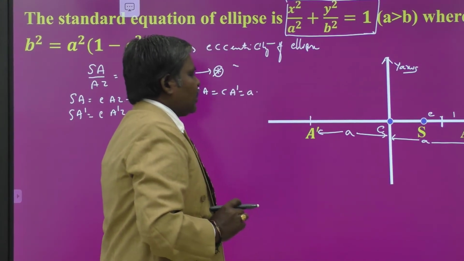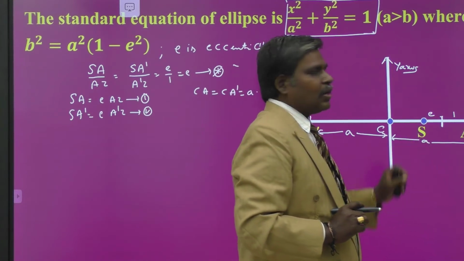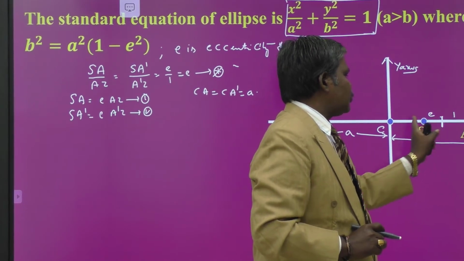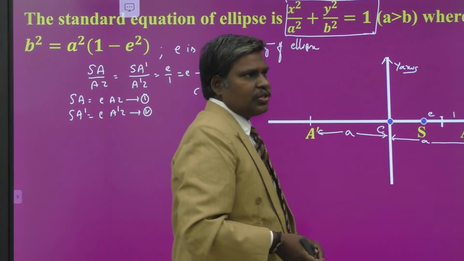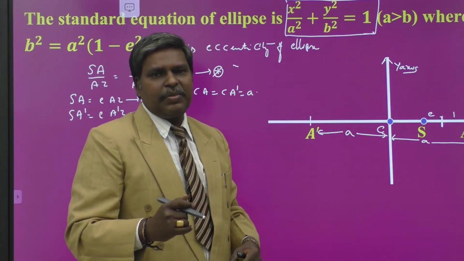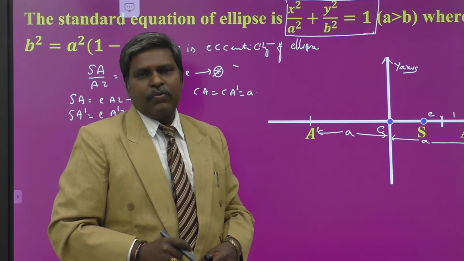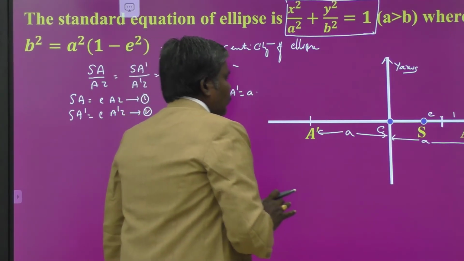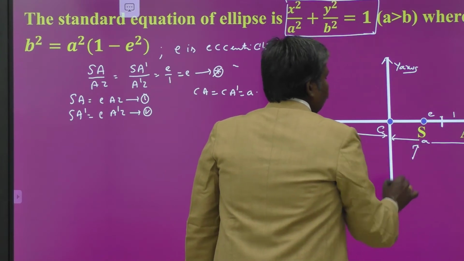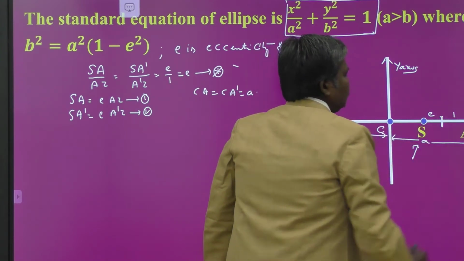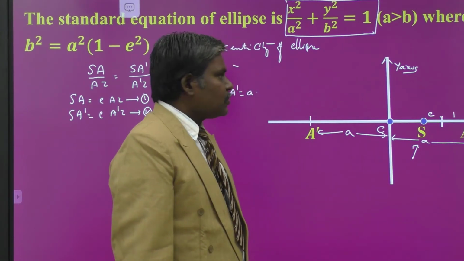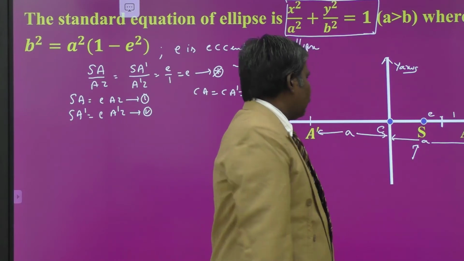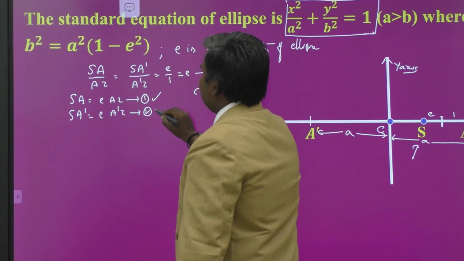Okay. Now your target is finding the coordinates of S and the equation of L. Once you have these two things, you can generate the equation of the ellipse by SP by PM is equal to e, where e is the eccentricity of your ellipse. So, in your mind, you have to find the coordinates of S and the equation of L. Always, you have to search for the coordinates of S and the equation of L. For that, we have the two equations in hand.